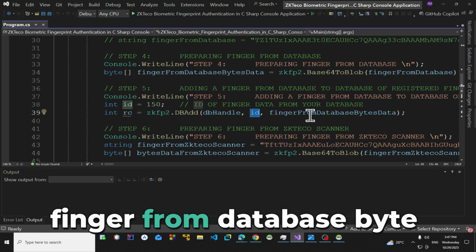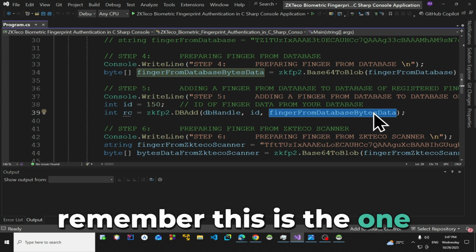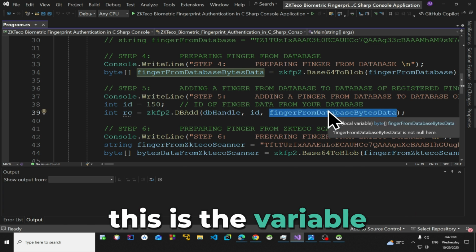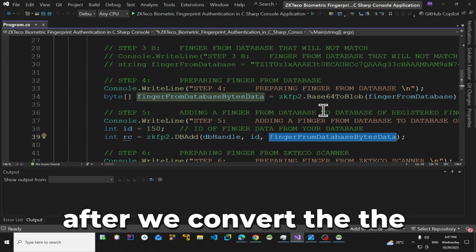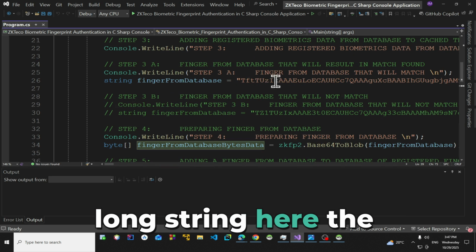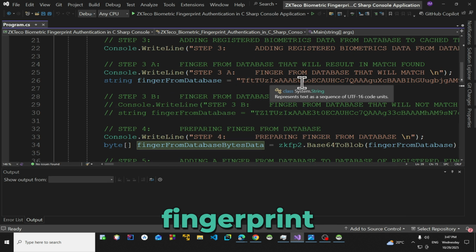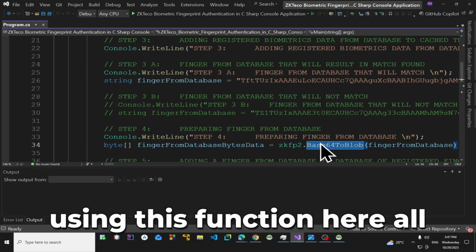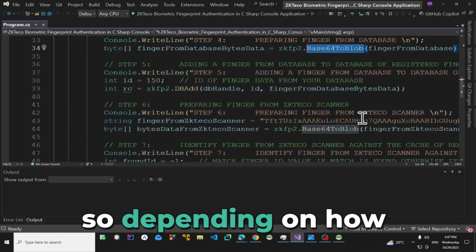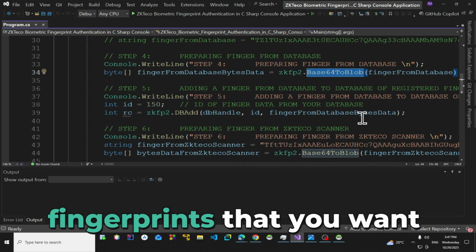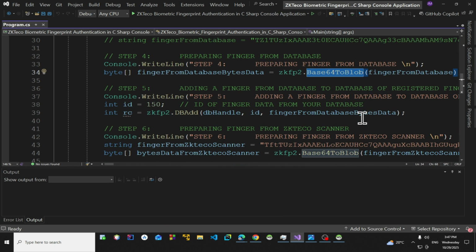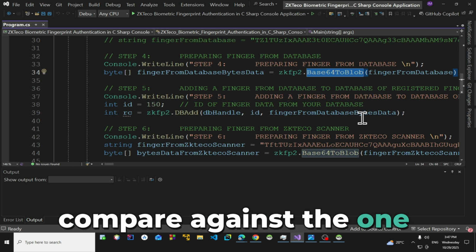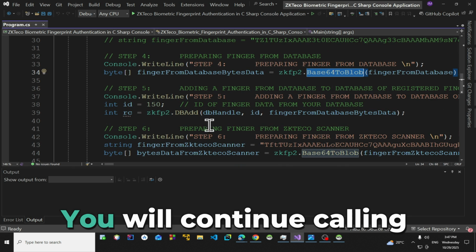Then the finger from database bytes data. Remember, this is the variable after we convert the long string here, the representation of the fingerprint image, to a byte array using this function here. Alright, so depending on how many fingerprints you want to compare against the one from the fingerprint scanner, you will continue calling